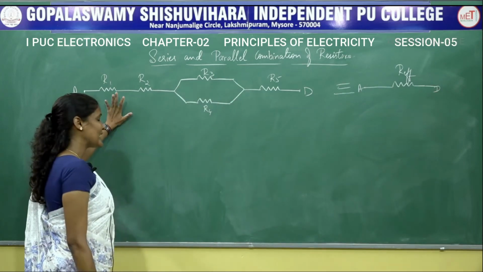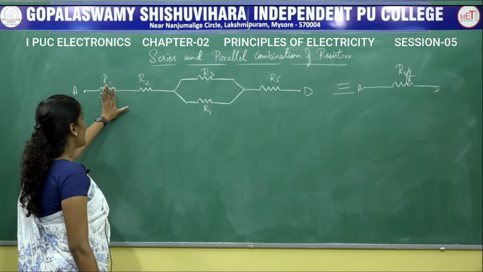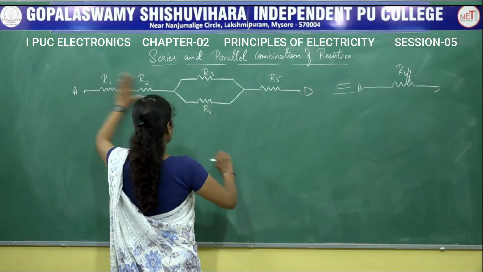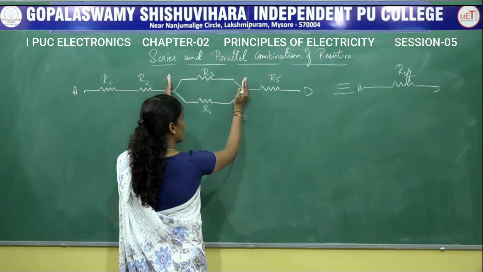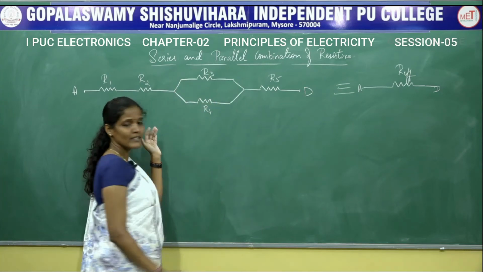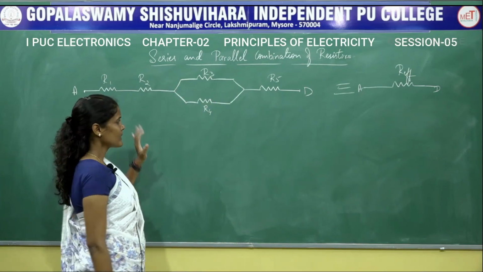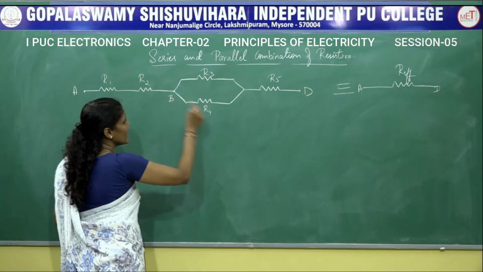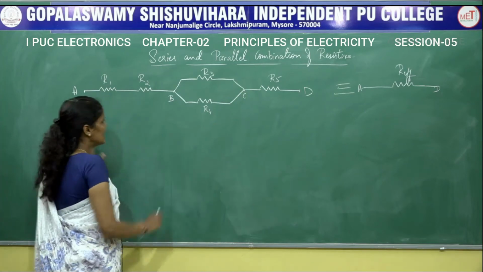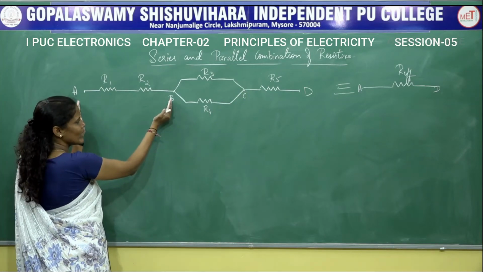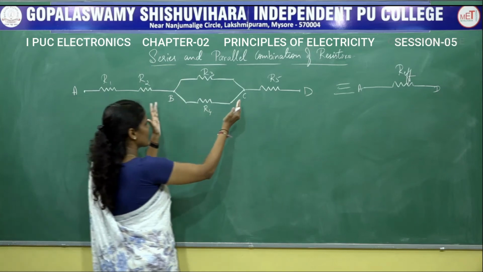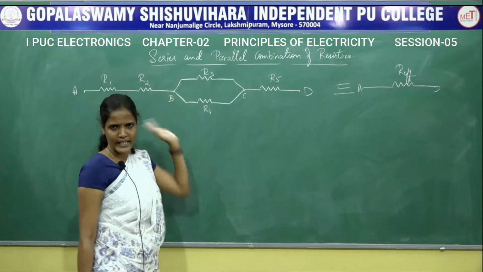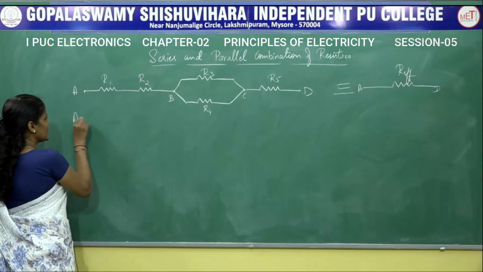If you look at this diagram clearly, R1 and R2 are connected in series. If you leave R1, R2 and R5, and look at only R3 and R4, these two resistors are connected in parallel. So let us name these points as B and C. Let us first concentrate only between the points A and B. Next, between the points B and C, and later between the points A and D. So between A and B,